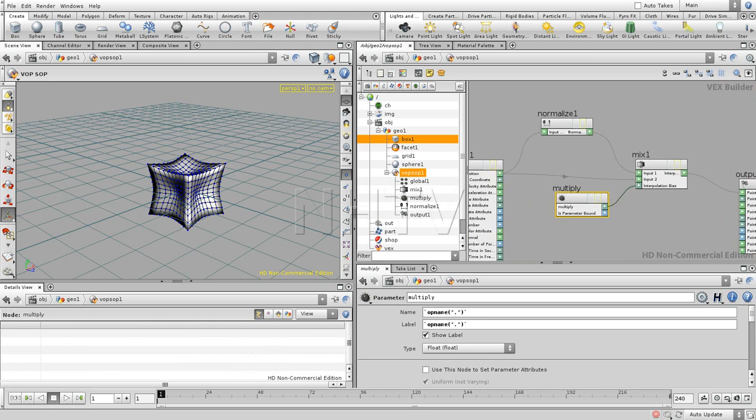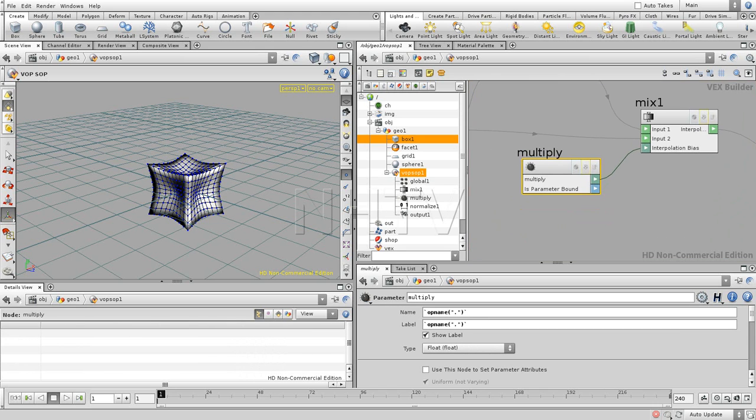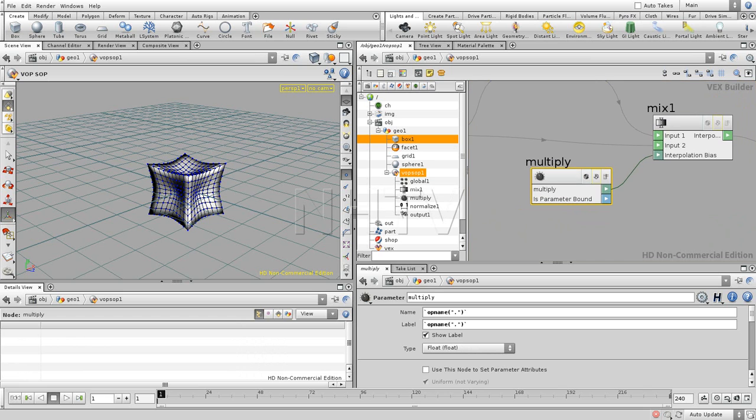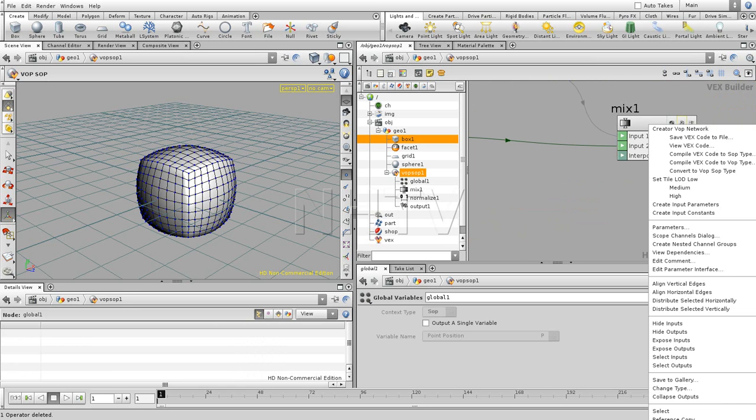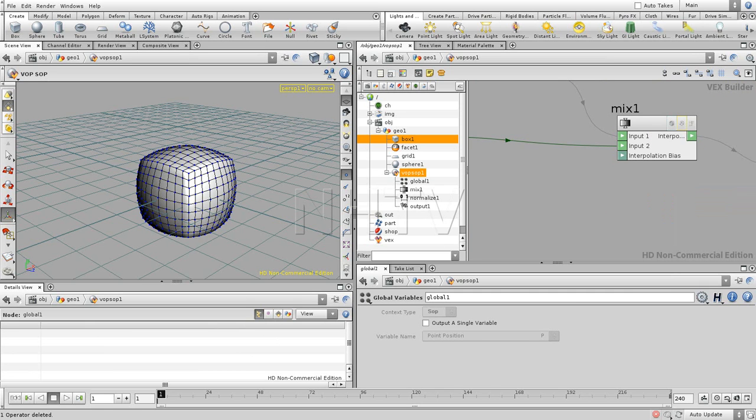Okay, let's go inside again. Now there are different ways how to do this. What I've shown you now is a way how to add something like that manually. But what you can do over here is you can also right click on this one and create the input parameters. If you click the node right button over here and create input parameters, it's going to create all the input parameters for all of the inputs which are not being used yet. So in this case just one was left and we have one value over here,